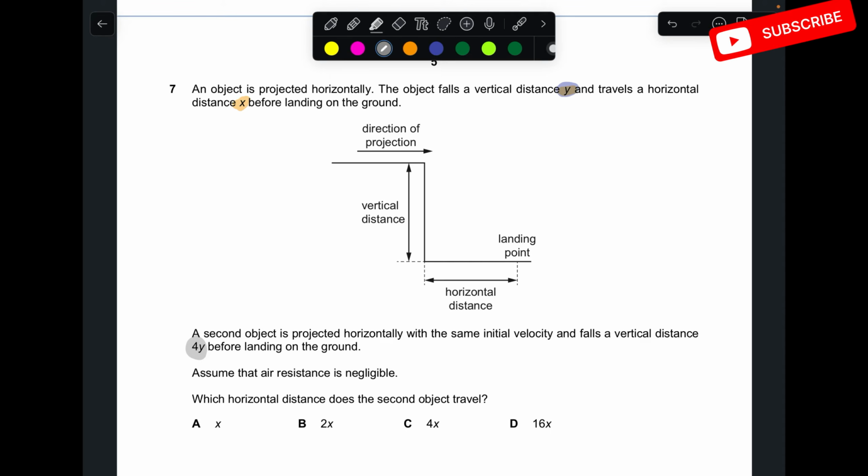So what comes to my mind is that this second object has more time to fall towards the ground. Its time is different because it is covering more height, right? So let's sort it out for both the objects. For object 1, when we do,